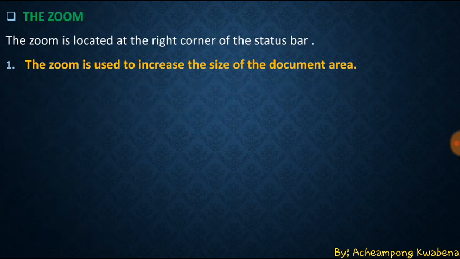At the next one, we have the zoom. Now I hope you know what zoom is. Zoom is to either enlarge or decrease the size of a screen, or let's say an object. So the zoom is located at the right corner of the status bar. Its main function is to increase or decrease the size of the document area or the page where the